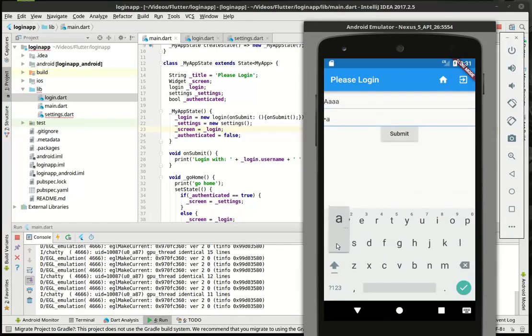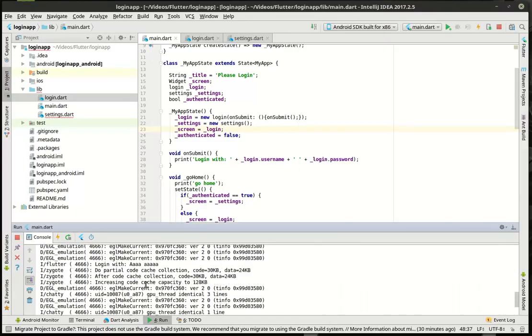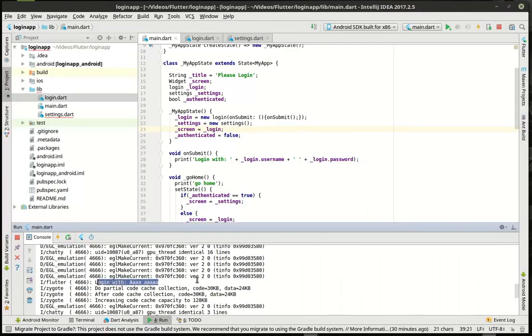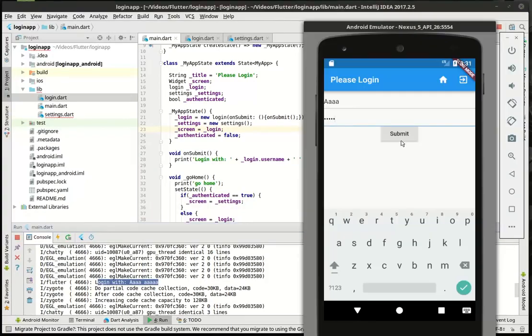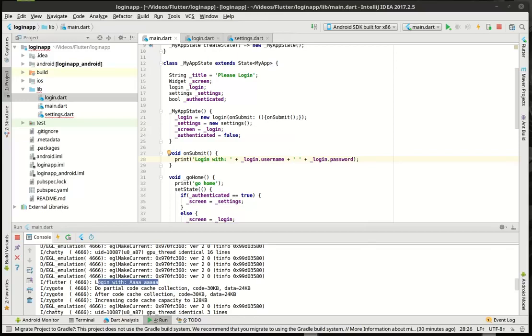And then hit submit. You can see that it actually tried to, right here, log in with blah, blah. So what we need to do now is actually say, hey, can they log in? So we'll say,